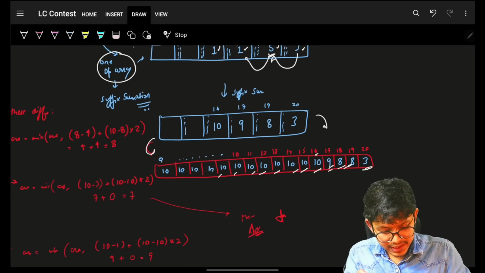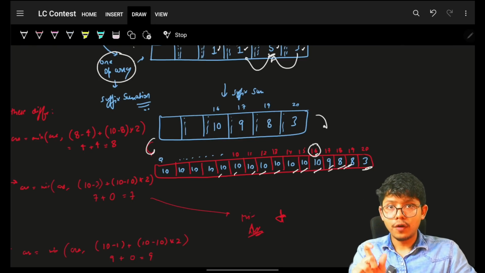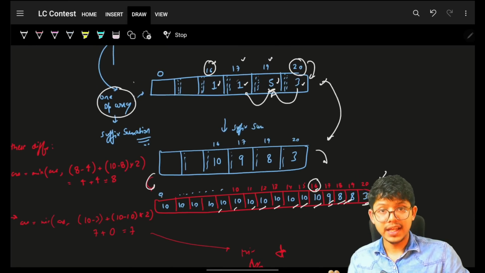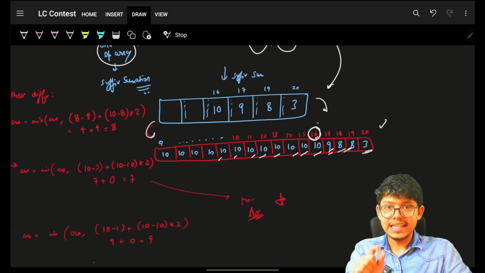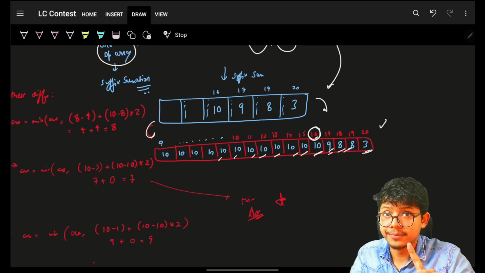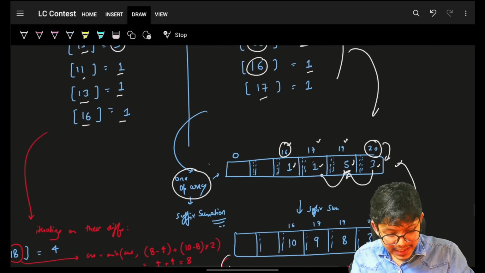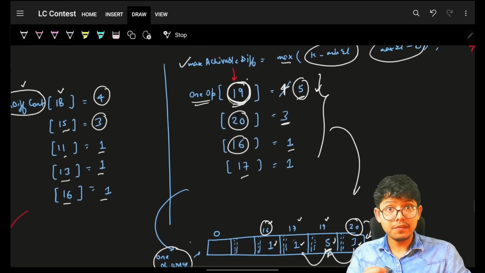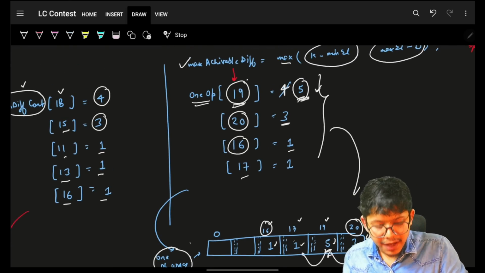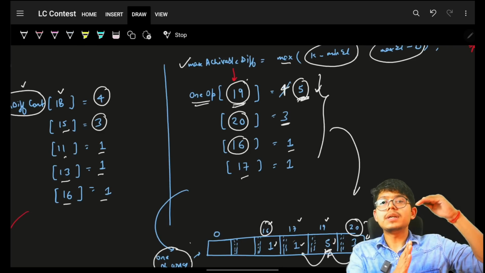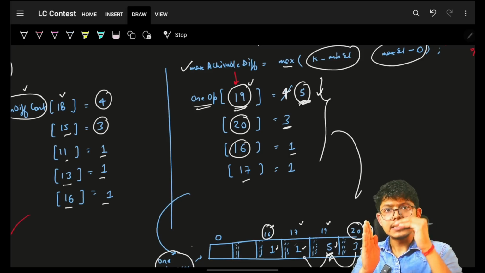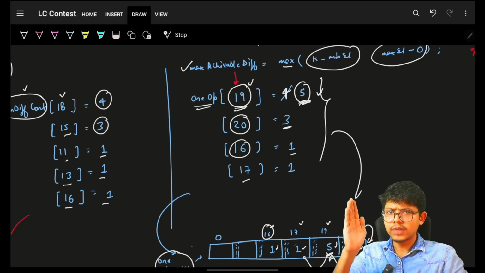What does this indicate now? Now the maximum is gone. Now this is the final array. For an achievable diff of 16, I have 10 such pairs which will require at max one operation, right? Because you will see in this array, while we were building, we simply said for a diff of 19, I have 5 such pairs whose maximum achievable diff is 19, which means 18, 16, 17, 14, 15, like this. All of them